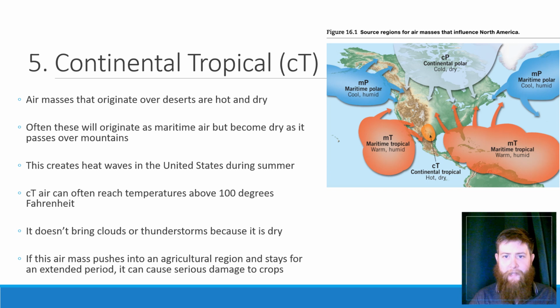So when we get these kind of droughts and these things, it's because of this continental tropical air blowing into an area and making sure that there's no available water for rain or precipitation or even dew. So when you get your really, really hot days, it's probably because you're getting some of this continental tropical moving in for a little while, and then eventually it will usually come to a head as different thunderstorms move into the areas. That maritime tropical comes in and pushes it out.